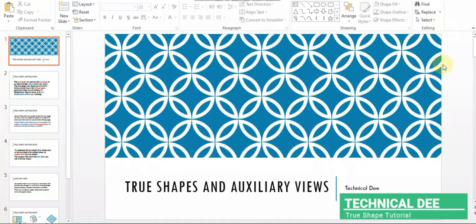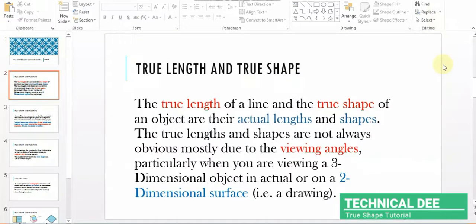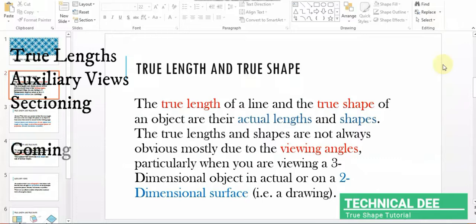Today we're going to be looking at true shapes and auxiliary views. We're still going to be dealing with more subtopics later on. So true length and true shape, I'm going to start with this. We're still going to talk about true length in depth in other lessons. I'm going to create a lesson specifically for true length, and auxiliary views we'll be talking about later on. So they're still going to get their lessons, and sectioning, all those we're still going to come down to them. But for now we're going to be looking at true shapes, and I'm going to give an intro to auxiliary